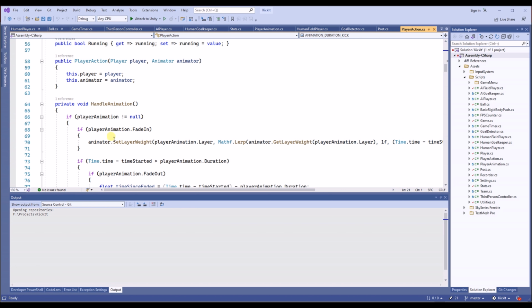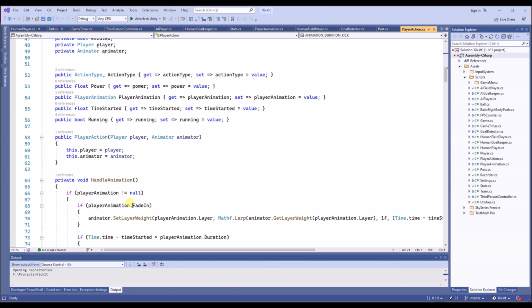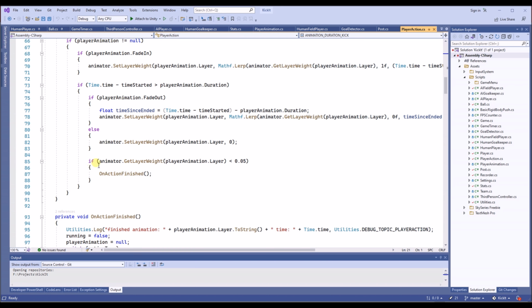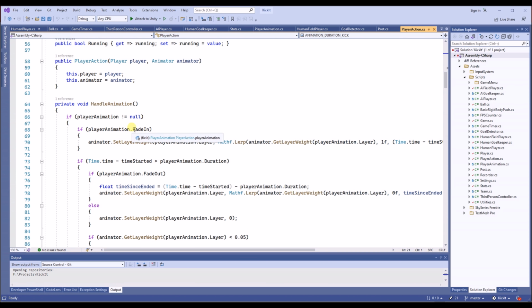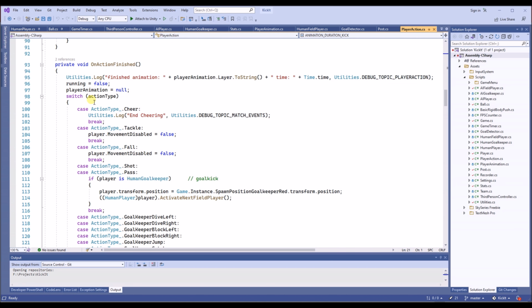With this code you can handle all the possibilities of what to do with actions. So we handle the animation over here, so we can set some stuff there if it's necessary. You can fade in or fade out an animation, and once the action is finished you can also execute some code. For example,